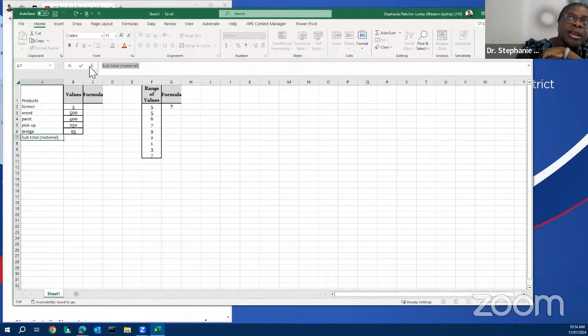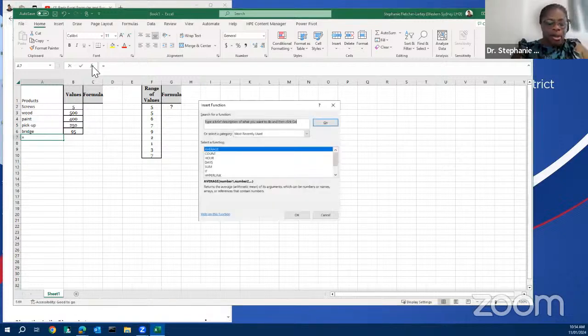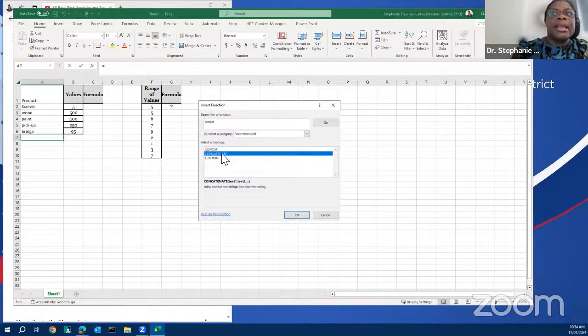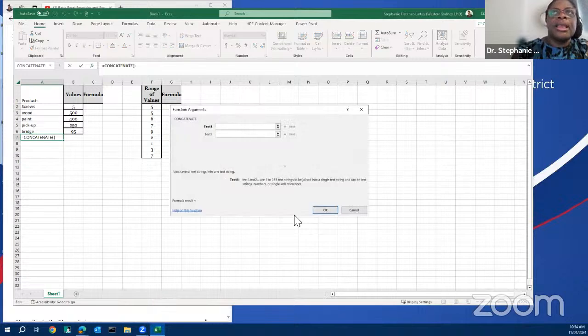Click function, and say concat. So I can do concat and it joins the text together. And look, if I do concat, sub